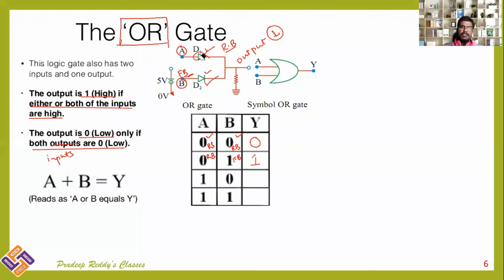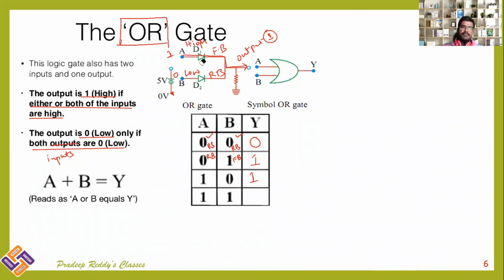Coming to the third logic, we have A and B, and for A you are providing input 1. It means that it is high. For high, this is in forward bias, and this is a 0. It means that it is low. This is in reverse bias. As this is forward bias, you can see some output, and output will be equal to 1. Therefore, here you will get 1.